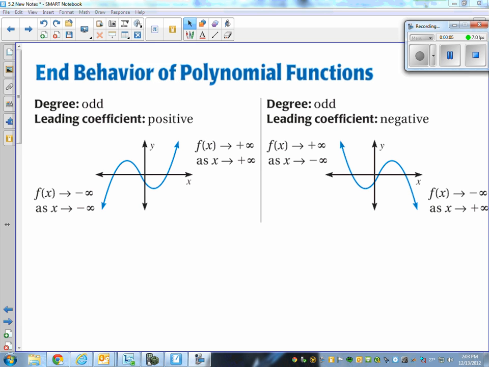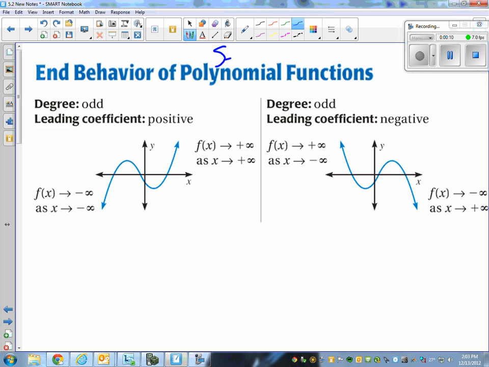I'm doing another video. This is the second part of section 5.2. In the first part we talked about what a polynomial is, what they look like, and then evaluating them. So we practiced a lot of the stuff that we'll see here, so this video should be really short. The first part is just quickly reviewing what I talked about in class